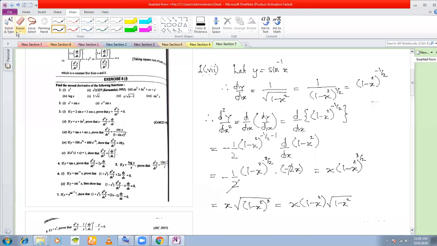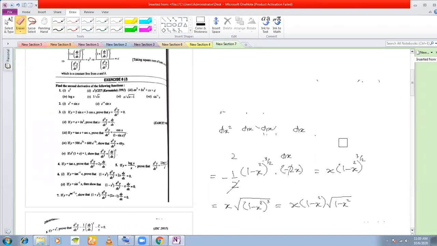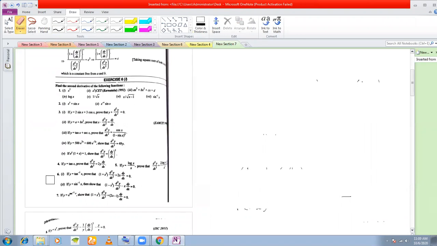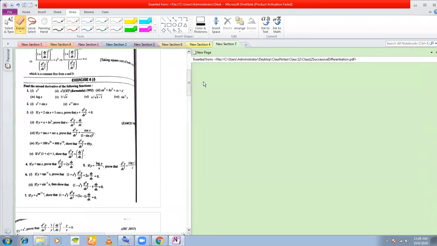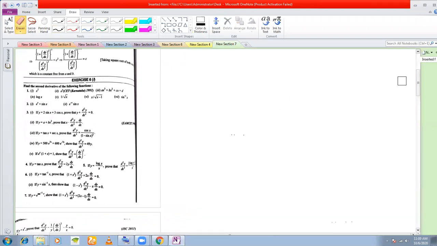Okay, let's now move on to 3-1, an important type of problem. Most often you come across this problem in science. For science students, this is a very, very common problem, in fact. In sound, you have this equation for simple harmonic motion. So if you are given y is equal to 2 sin x plus 3 cos x, you need to show that y plus d2y dx2 is equal to 0.